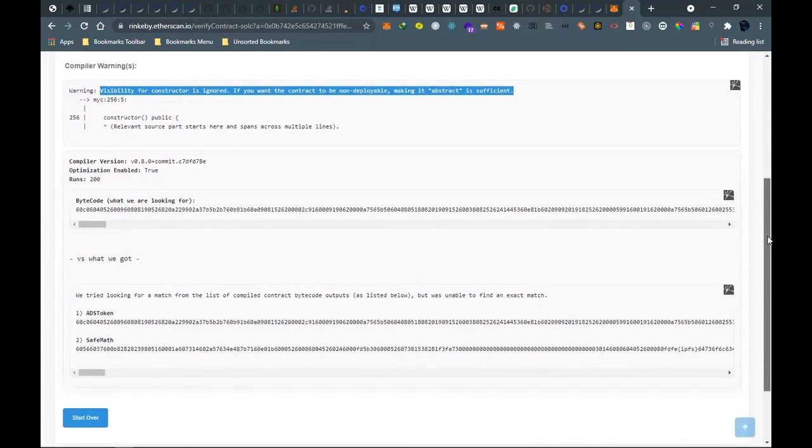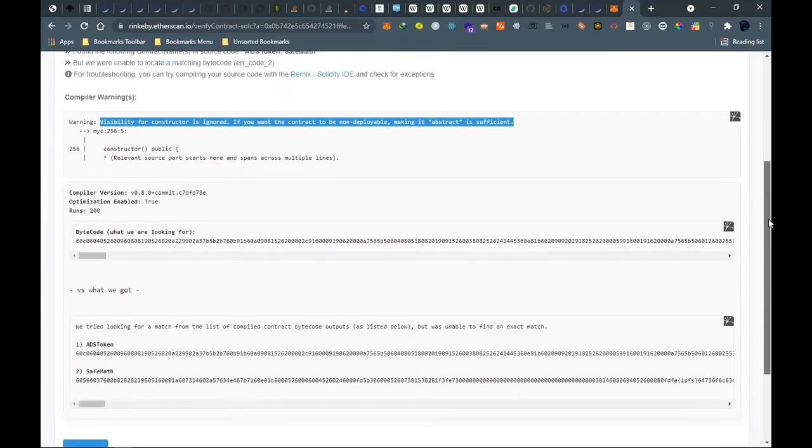But since we are getting the same warning, whether it is multiple or single, I think we should go back to the normal way, as in you have the safe math on its own. You just call out the function, then the ADS contract on its own, because right now we are still having the same warning. And yeah, it's coming from the ADS token contract.